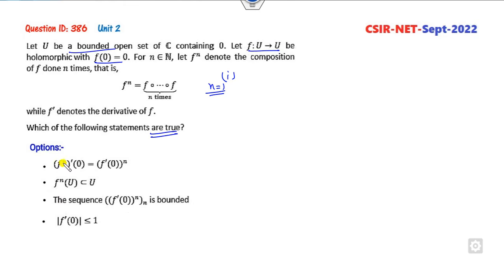When n is equal to 1, it will be my f composition, which is f dash, and when n is 1, it is trivially true. When n is 2, that is a composition, f circle f, derivative at the point 0. You all know how we can take the derivative of them. So it's g dash of f into f dash. So I can take this f dash of f at the point 0